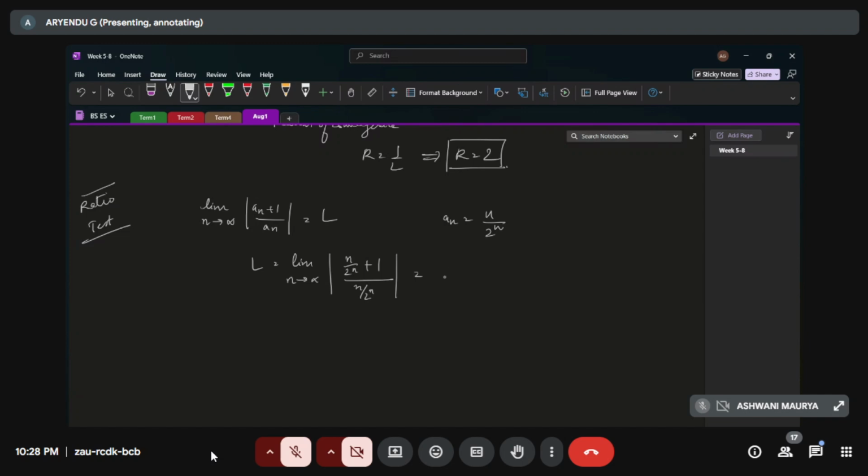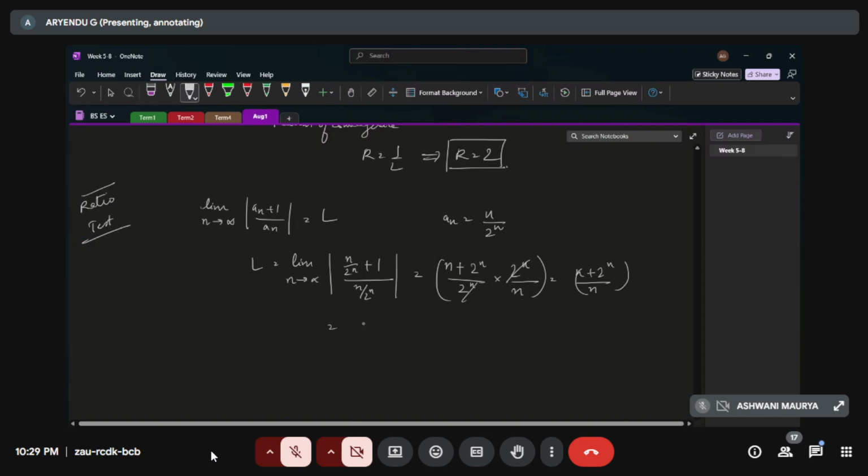That we can take as n plus 2 raised to n by 2 raised to n into 2 raised to n by n. You can cancel these out. We will get n plus 2 raised to n by n, which is the same as